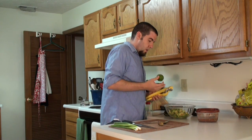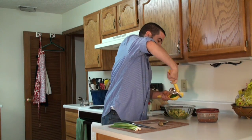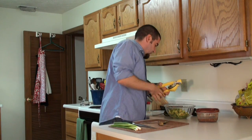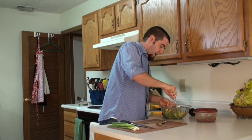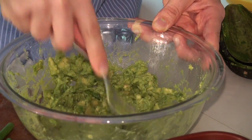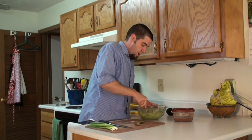So, next for our guacamole, we're going to need about the juice of half a lime, 1 to 2 tablespoons. This is not only going to add a little bit of acidity to our guacamole, but it's also going to prevent the avocados from turning brown from oxidation. So once you get that in, either using a fork or a potato masher, you just want to mash the avocados. Once they're mashed to a consistency that you like, and I like chunky avocado guacamole,